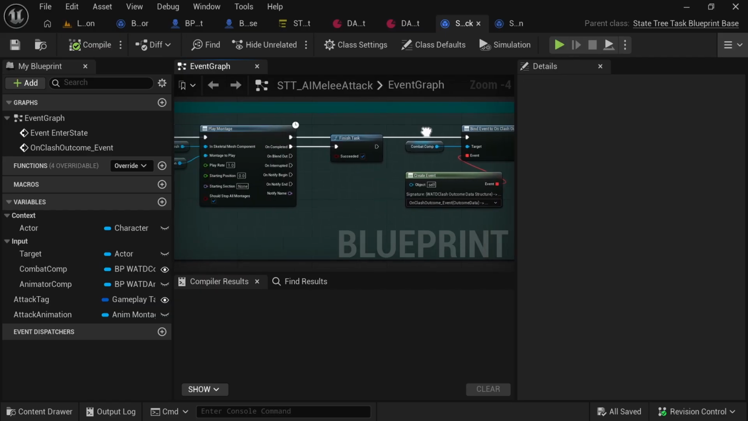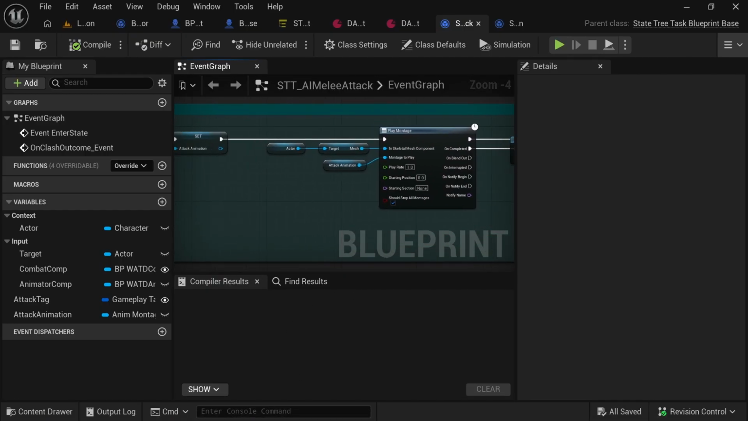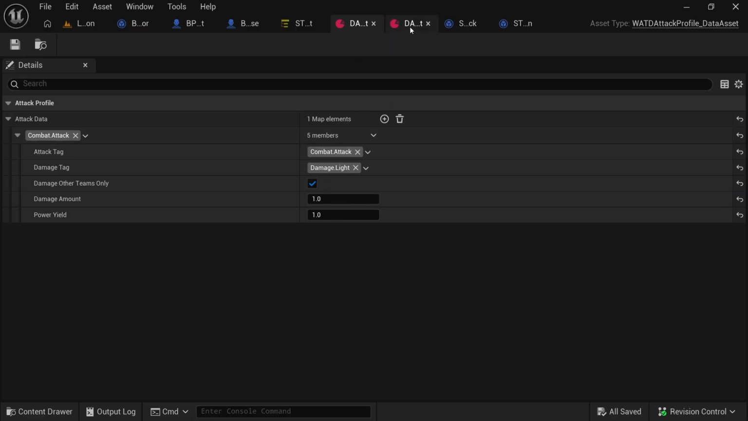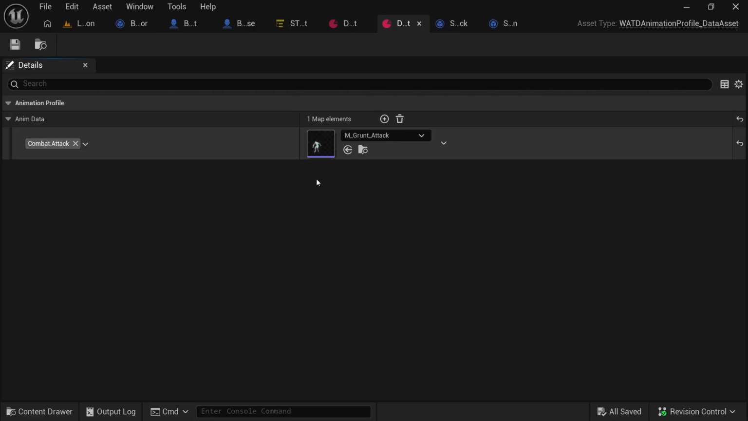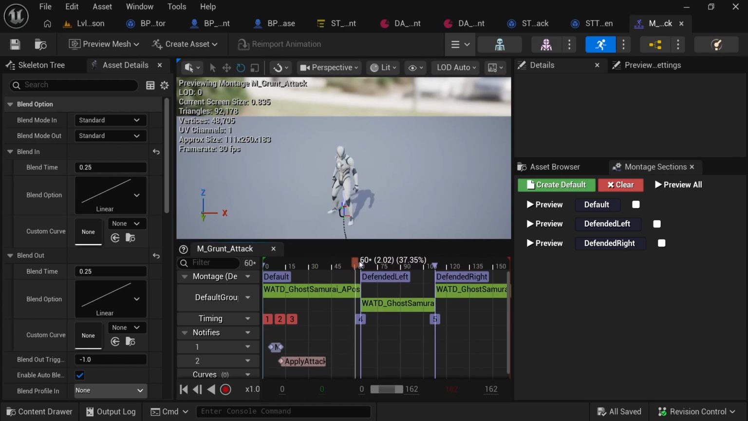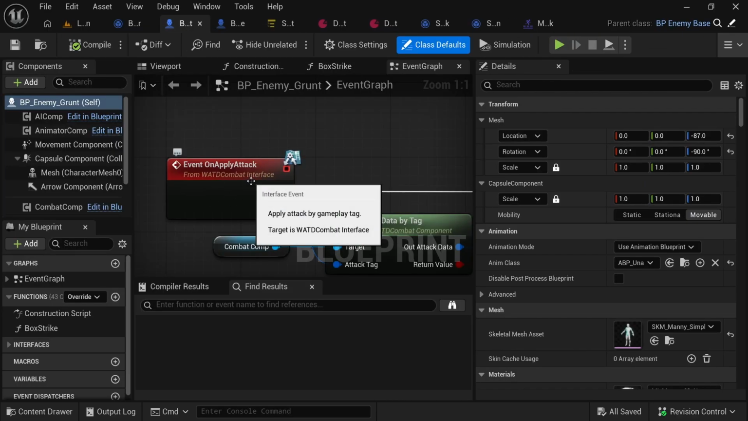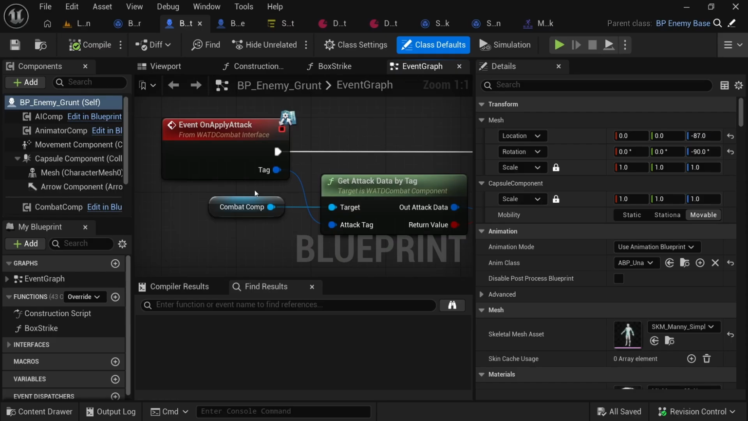And so what's that? Let's go take a look. When the attack animation gets played, you'll see here's the attack animation. It also contains what happens when the attack gets defended. But here's the important thing. This apply attack animation notify calls an interface function on the character. And if we go to the character, here it is, on apply attack, the character, based on the tag of the attack,